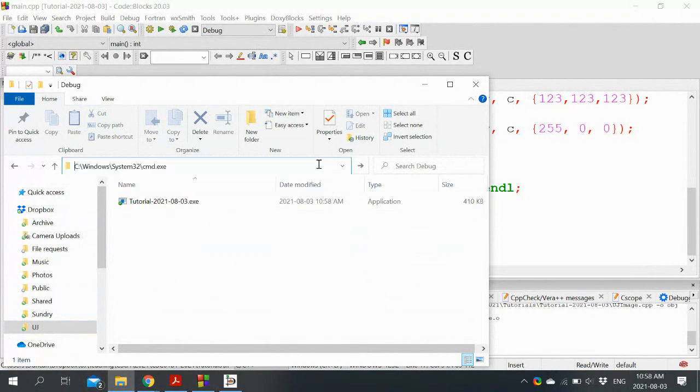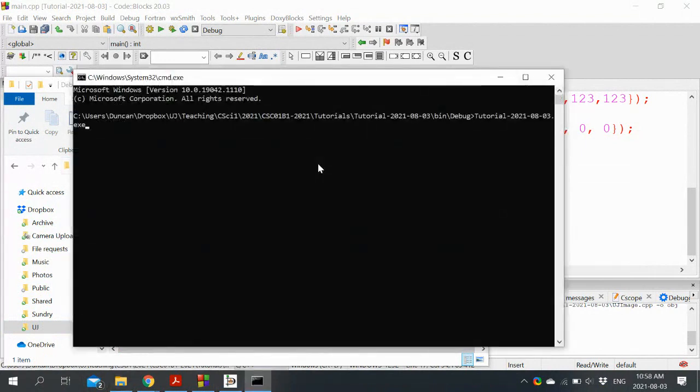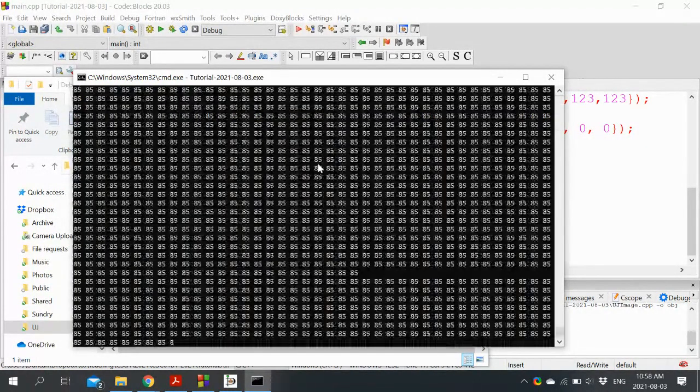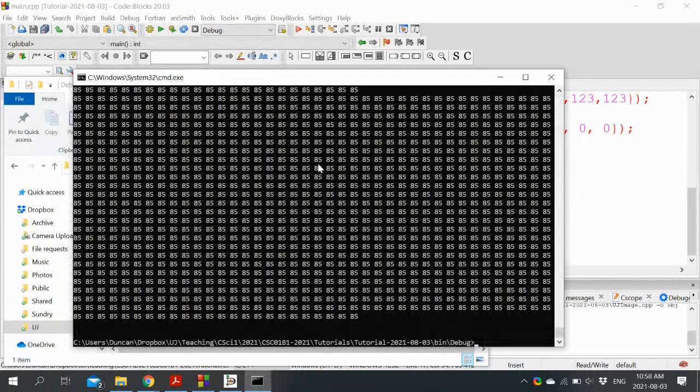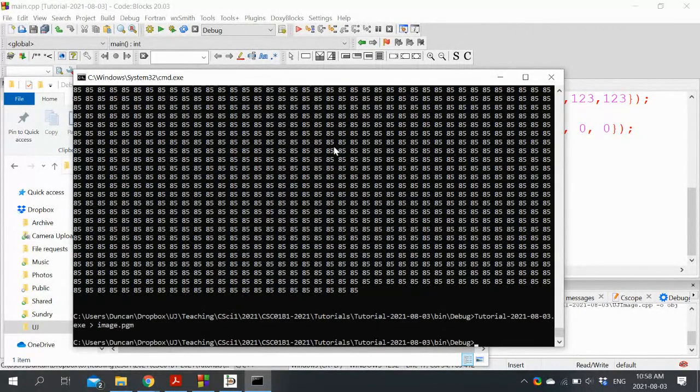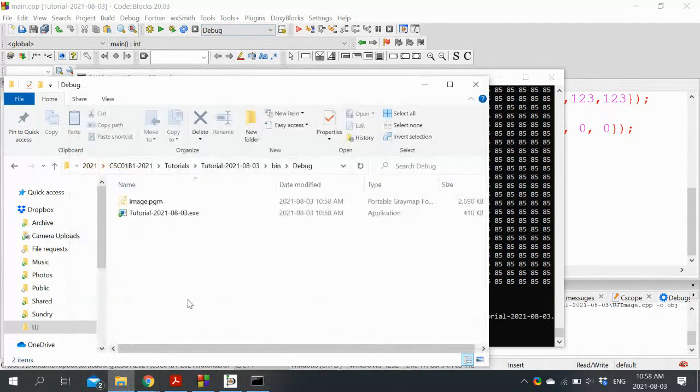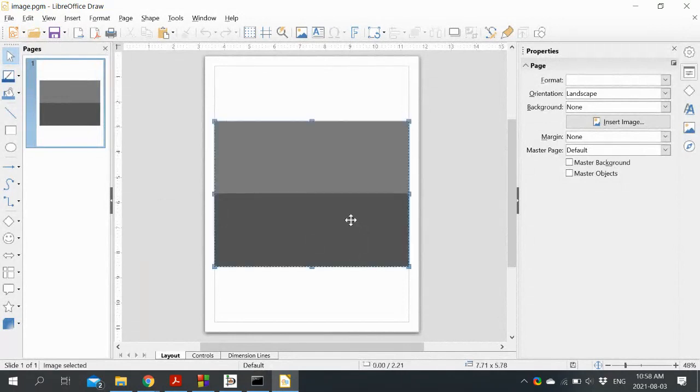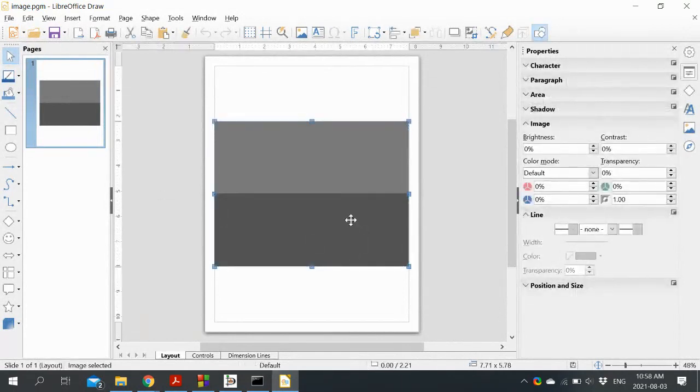Okay, and let's test it. Let's just see if we get any errors or see what looks like it might be an image. Okay, that looks reasonable. And let's actually output that to something which we can see. Image.pgm for portable grayscale map. And then that should exist. Hopefully my OpenOffice knows what a PGM is. We'll see. Yeah, and there you go. We converted our image into grayscale using an external converter class.